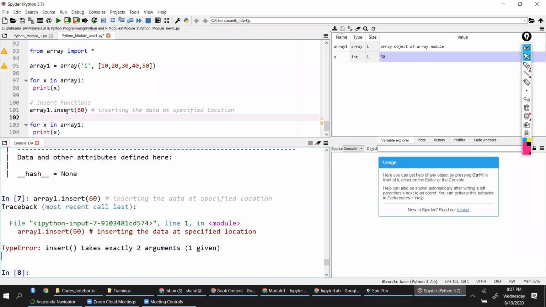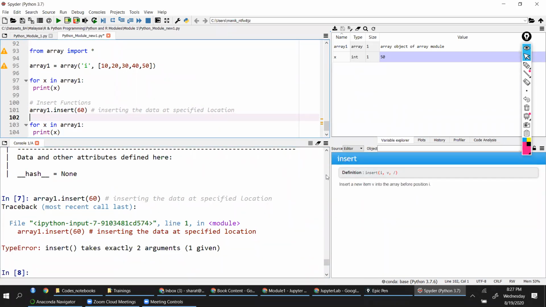That's because if I click here, insert basically takes two values, mandatorily two values, minimum two values. The first value I is index and then V is value. But here I've just removed that index and comma symbol, right?